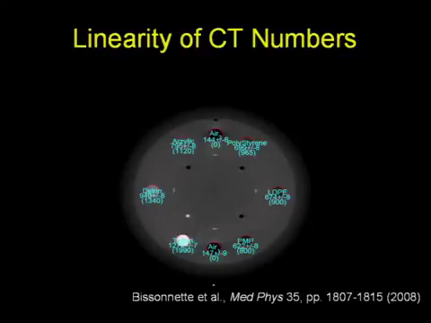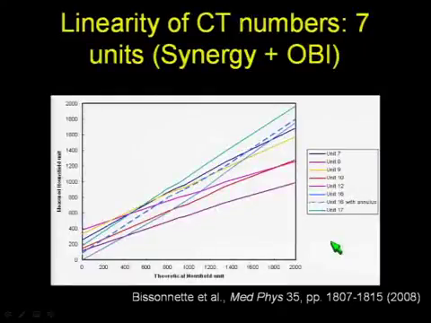Linearity of CT numbers. Again, this is a slice through the CatPhan phantom through the various density objects. There are 8 of them in this particular phantom representing different materials, and they can be used to compare the theoretical CT numbers with those of the cone beam CT device. And here I show